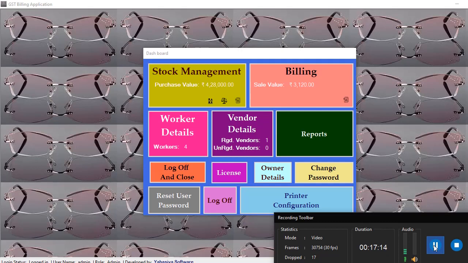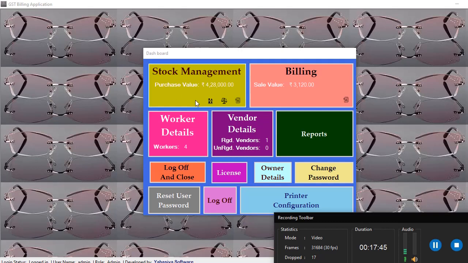Today we are going to see some of the other improvements that we have done in our GST based billing system. What are those? The very first thing is we have introduced something called a product table. What is the use of the product table? It reduces our typing effort. It lets us enter the stocks as well as the billing in the fastest way. Let us explore it.